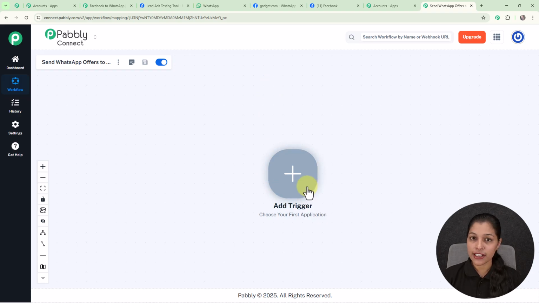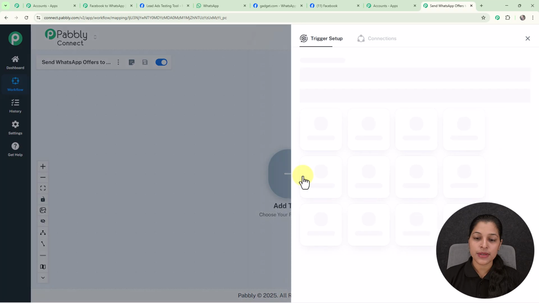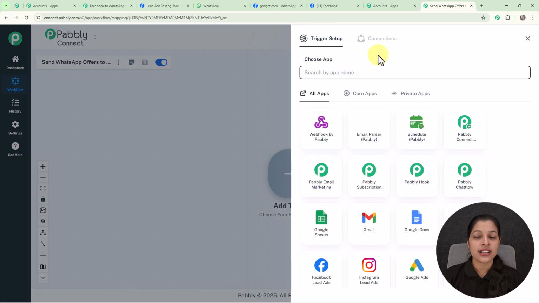Now you might be thinking, what is this trigger? So trigger is our first application, or the application which is going to initiate a workflow. So in this case I want to initiate my workflow as soon as I receive a new lead from my Facebook lead ads. So here I'm going to select my trigger app as Facebook lead ads. So now let's click over this add trigger button,